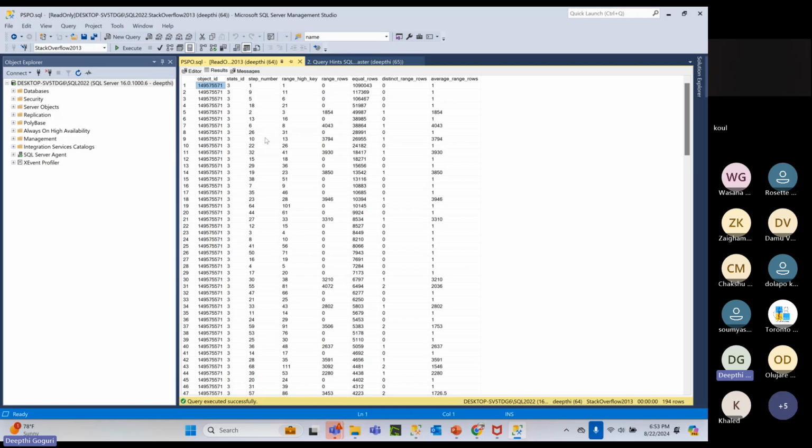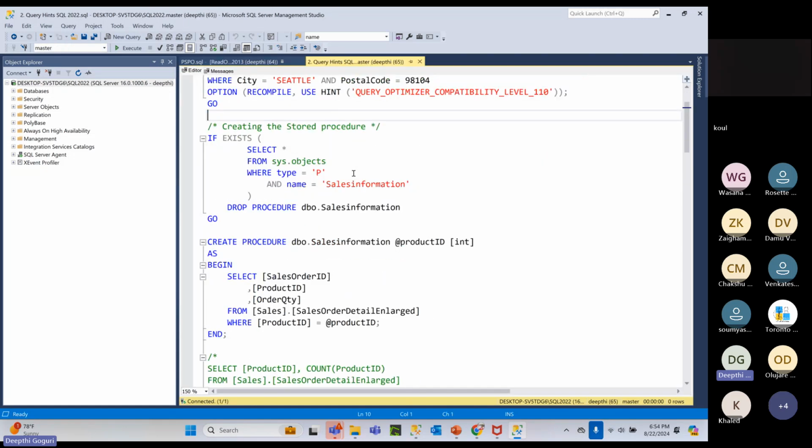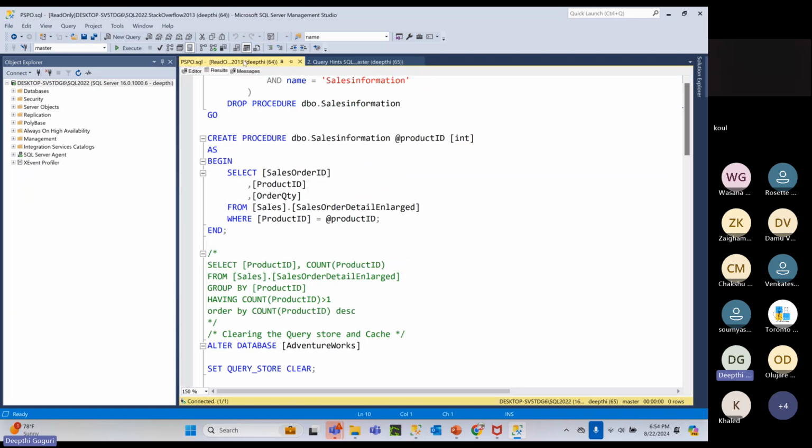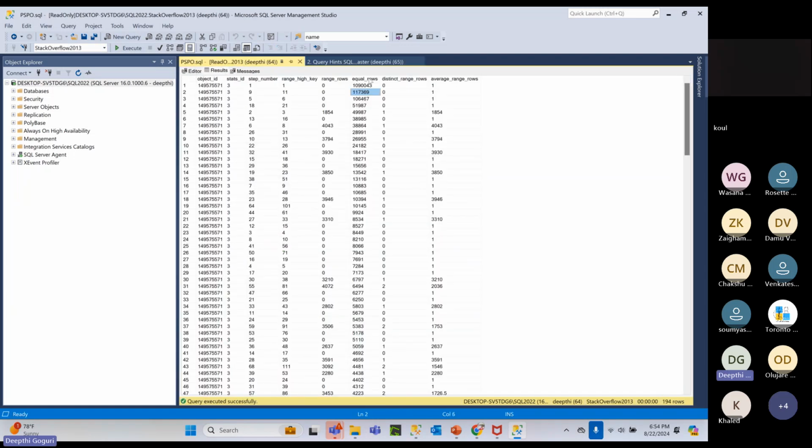In the results, the range high key is nothing but the reputation id. With reputation id 1 you see this many rows, and with reputation id 9, this many rows. These are the values of the reputation ids themselves and how many rows there are with each particular reputation id. I took this information, and I picked some ids where